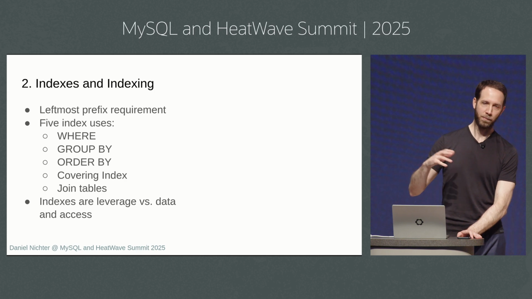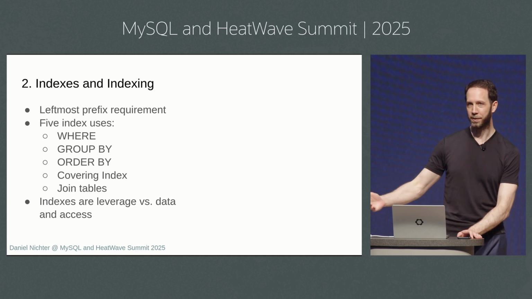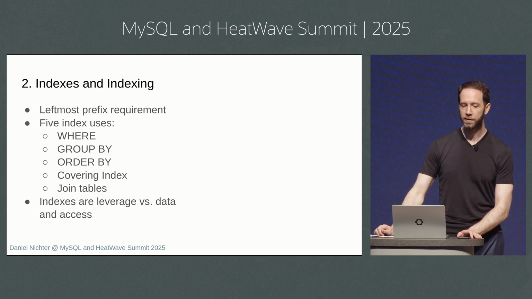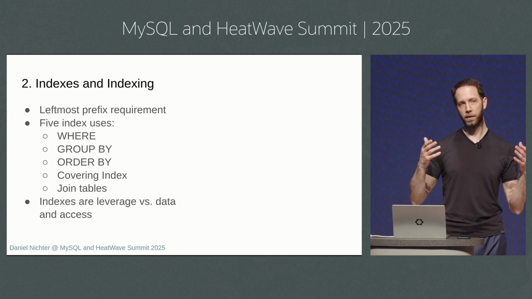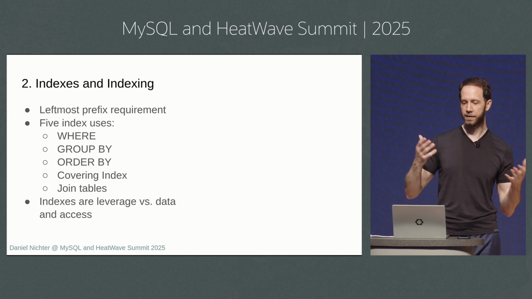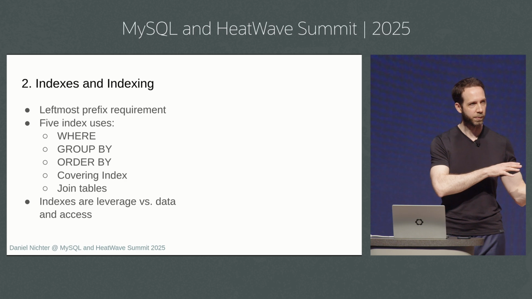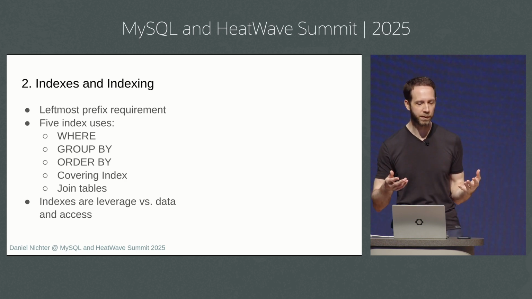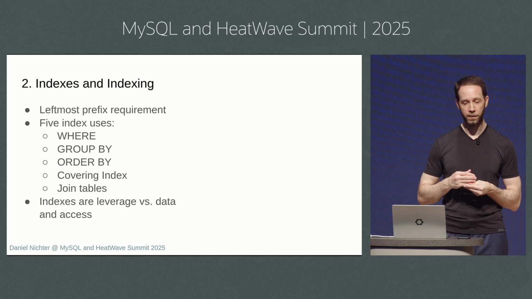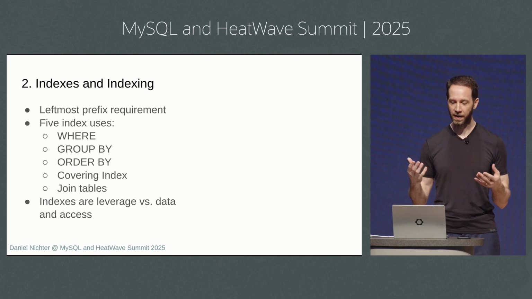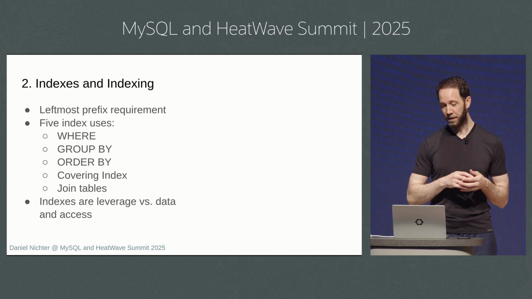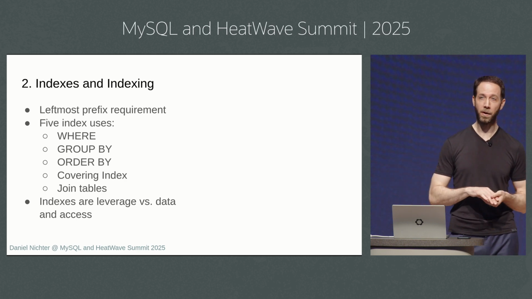There's obviously, again, more nuance to this. There's always deeper to go. But these are the 5 basic things for which an index can be used. And it's important to understand that because when you're looking at a query and thinking, okay, how do I index this query with respect to the leftmost prefix? No matter how big the query is, how many tables, it really boils down to these 5 clauses, these 5 parts of the query. And moreover, although I don't list it here, generally speaking, MySQL can only use 1 index